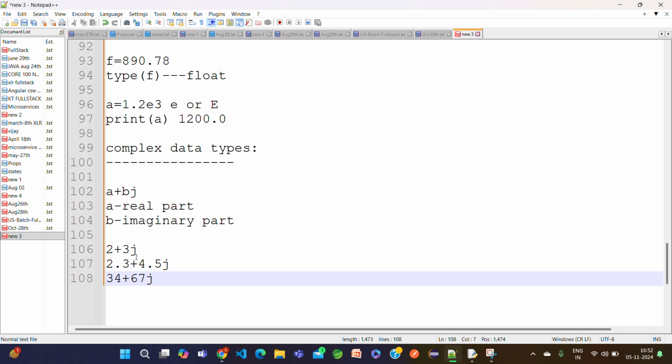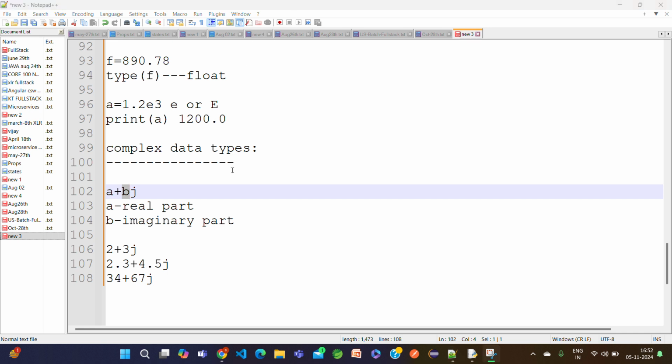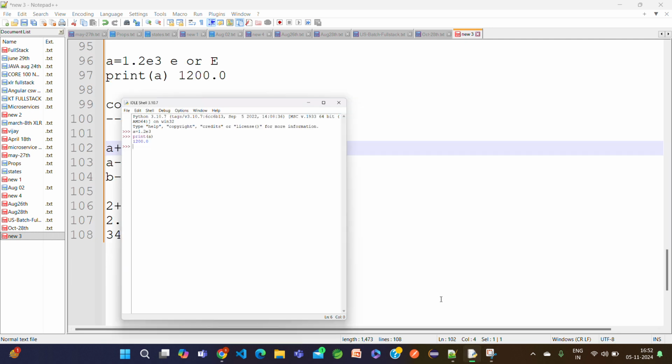In the real part, if we use an int value, then we can specify it either in decimal, octal, binary or hexadecimal form. We can represent any type, not only decimal values; we can represent octal format, hexadecimal format, and binary format also. But the imaginary part should be specified only using decimal form. In decimal form only we can represent it. Now I will take one example to